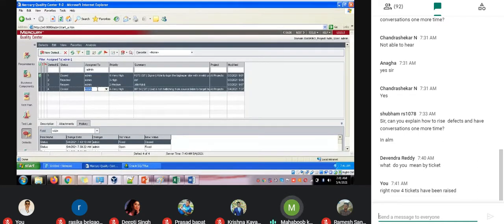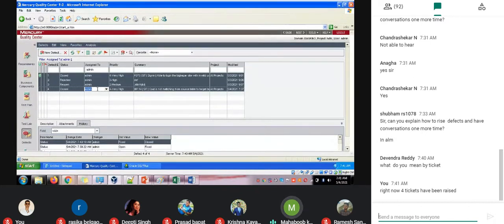Why? We are the testers. The support guy will tell these are tickets. Try to understand. The developer will not say that it is a defect. Those are the bugs, he will tell. Try to understand in real time how they are going to speak. So that is very important. If you need to tell, this is like defects.